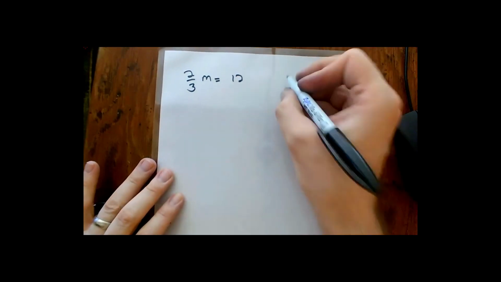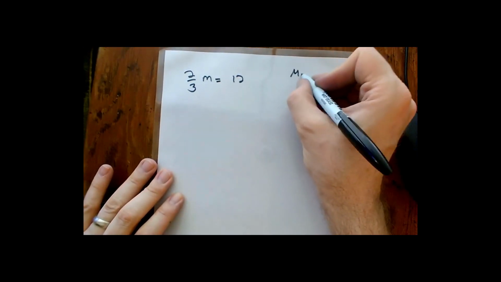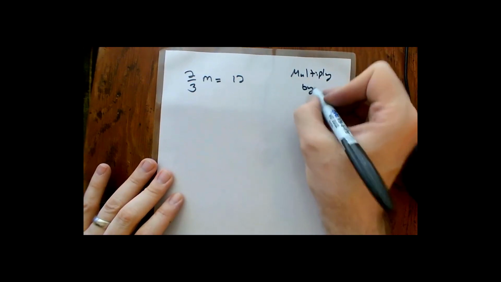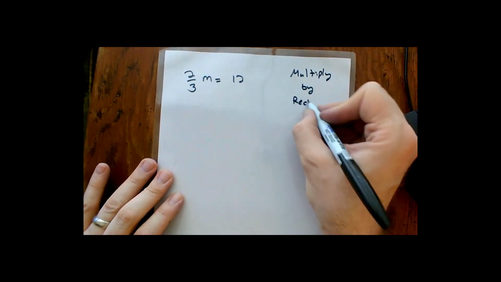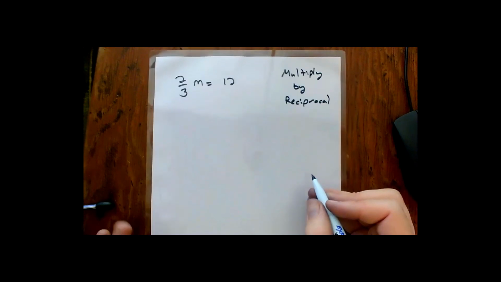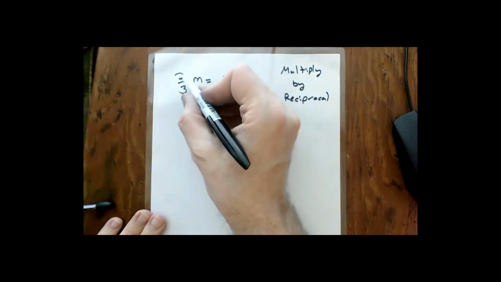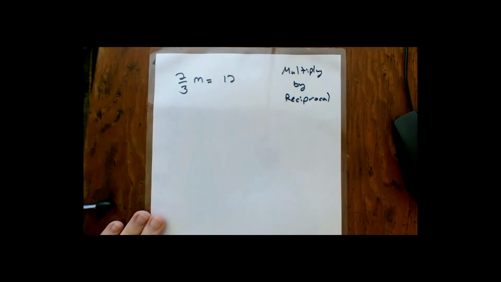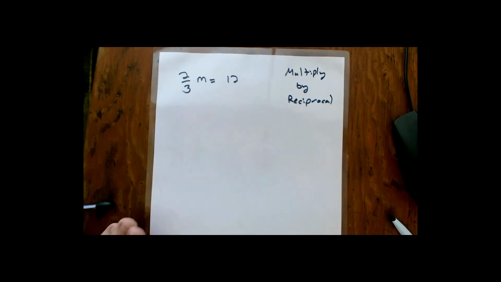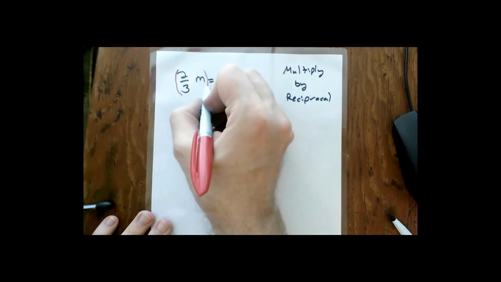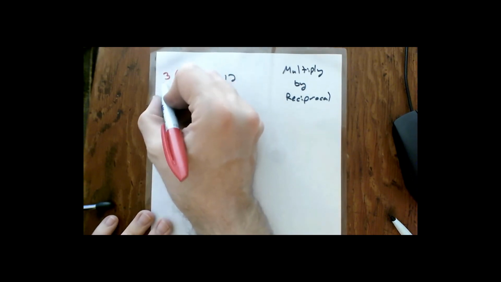What we're going to do is you're going to multiply by the reciprocal. Now, remember, the reciprocal is just when you flip a fraction. If I take any fraction and multiply it by its reciprocal, the answer is going to be 1. So if I were to take this side of the equation and I were to multiply this by 3 over 2,